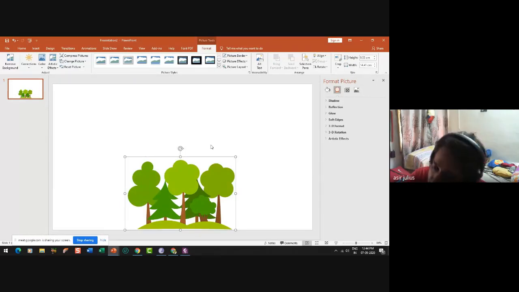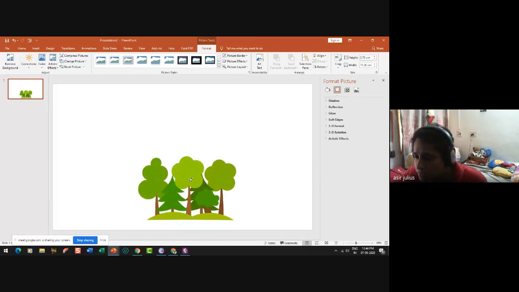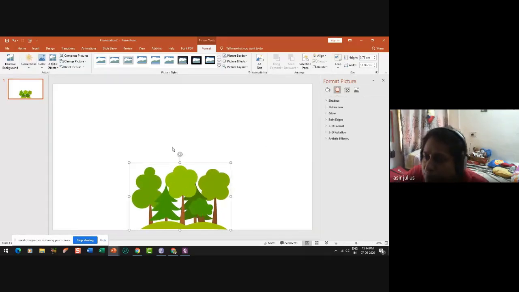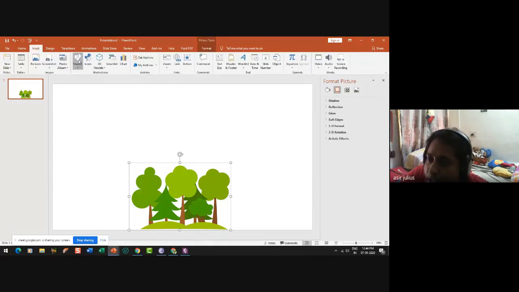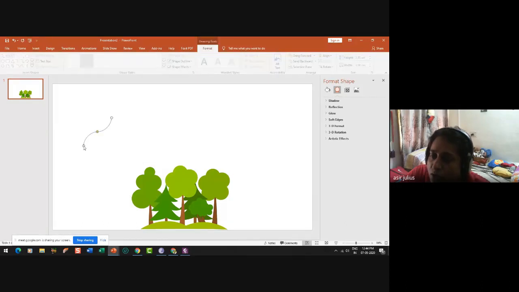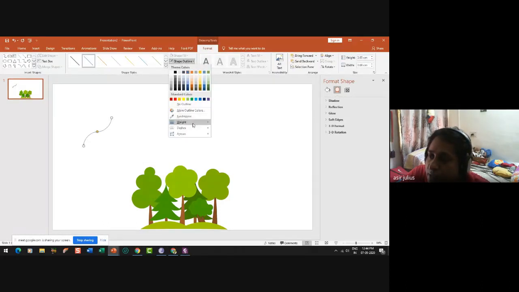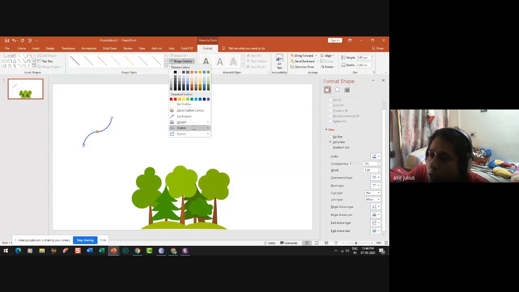We are going to add some evaporation from the trees, and I'm going to show some clouds above these trees. And along with that, I'm going to add some rain sound because someone had asked how to add sounds. Yes. To do evaporation, it is easy. Going to Shapes, take some bent arrow, draw it, increase the weight.